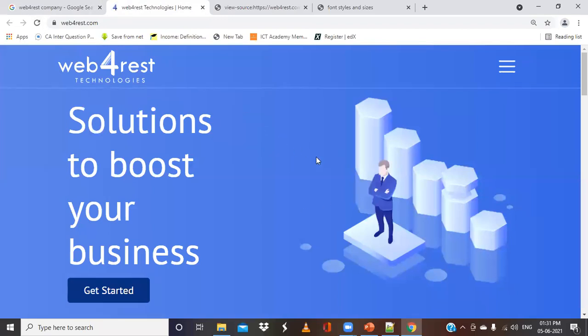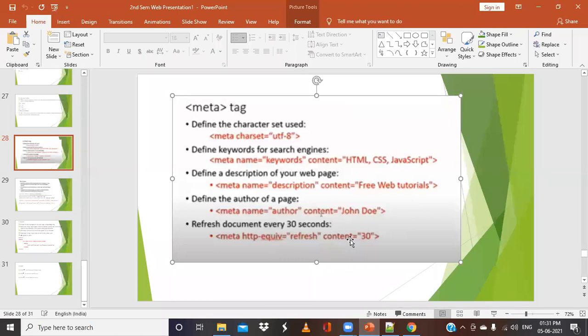If something new updates, it will be refreshed every time. Like for example, if you are watching the scorecard of a cricket match, it will automatically refresh after say 30 seconds or 50 seconds and so on. If you want to set such things, you can use this meta tag and set the content as 30. So here the page will be refreshed after every 30 seconds.